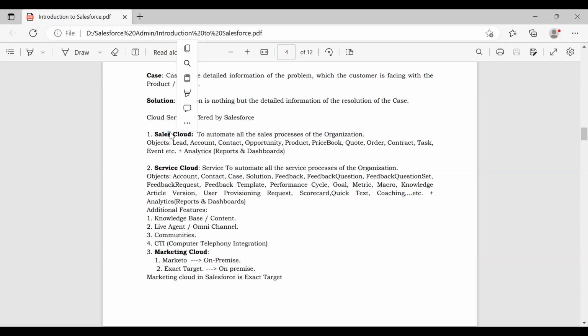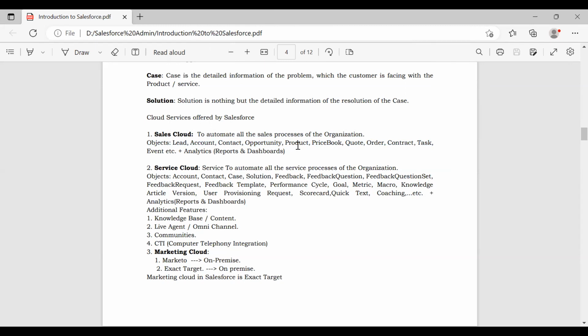As part of this feature, they have provided a ready-made application which is called the sales application. In order to automate the sales related information or processes, they have given so many ready-made objects like lead. Already we know what is a lead, we know what is a contact, account, opportunity.